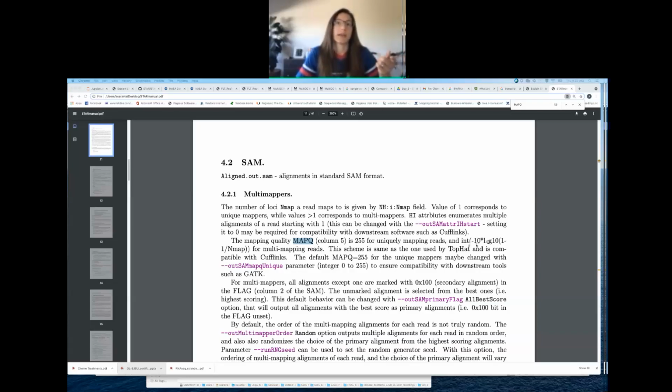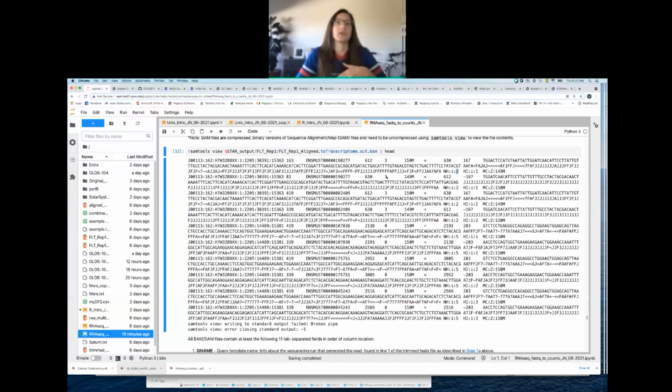And so that's why you're multiplying this by -10 to give you a positive value. So that negative 0.30, which is the log base 10 of 0.5, times -10 is going to make that a positive value, and you move that decimal place over one to the right. So that gives you a value of 3.0 something. And then this INT says that it takes the integer of that value. And so that is how this value of 3 was calculated for the mapping quality of this particular read and